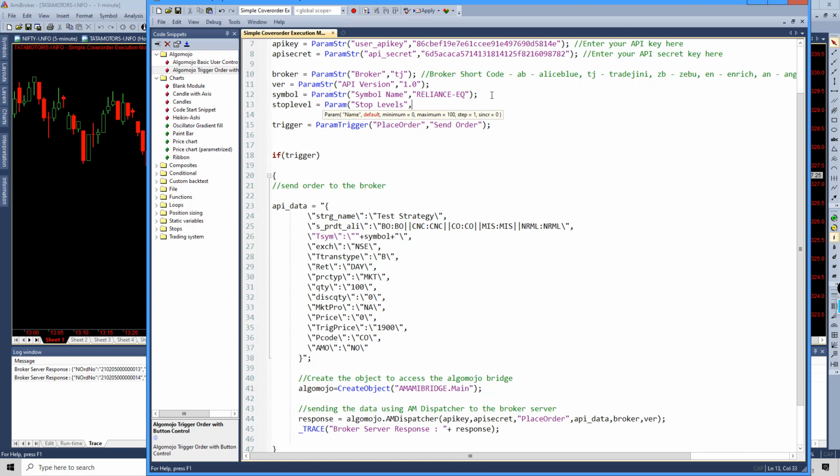By default I'm going to say 1900 as the default stop loss level. However, I can vary the stop loss by sending a range from 1 to 10,000 levels. So this is the level I'm going to send over here at this point of time.